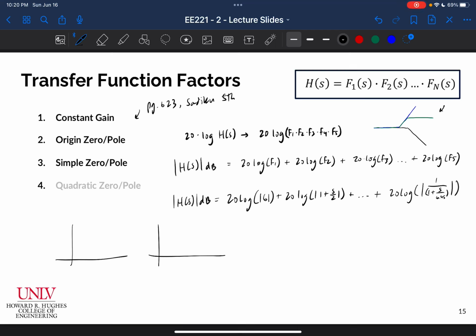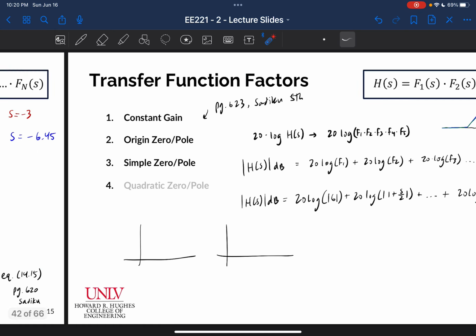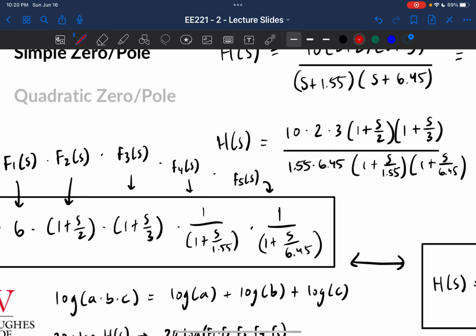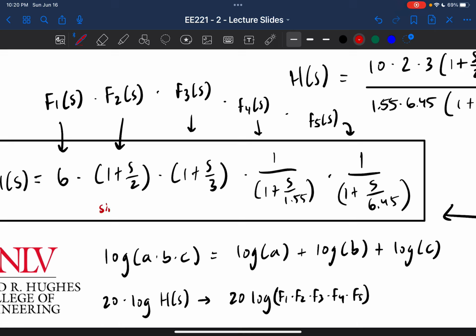All right, so we're going to go after these transfer function factors. It's going to be another video where I explain these factors. Of course, these factors have a particular form. So we saw here, I didn't necessarily say, maybe I didn't say it yet, but these are both simple zeros,